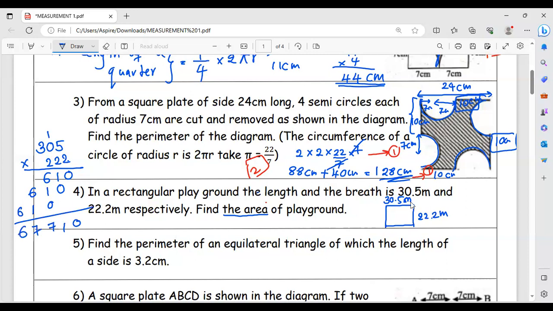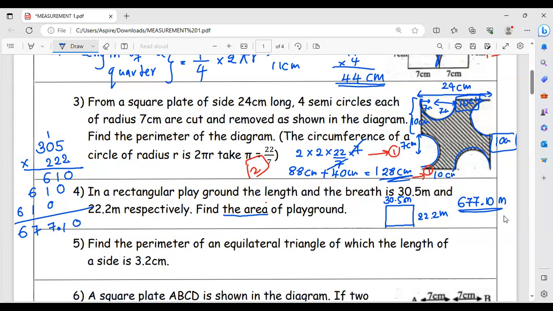Now what you have to do is, in the 2 numbers that we multiply, there is 1 decimal place in each. Then altogether 2 decimal places. So in the final answer we separate 2 decimal places. Actually the aim of this is to see whether you multiply decimal numbers correctly. Then the answer is 677.10